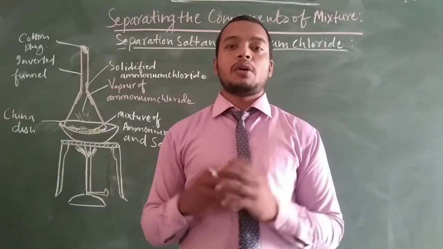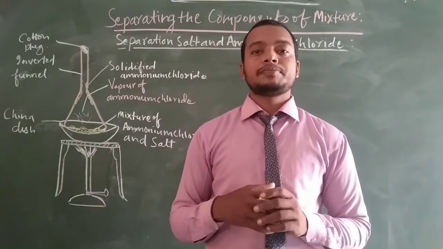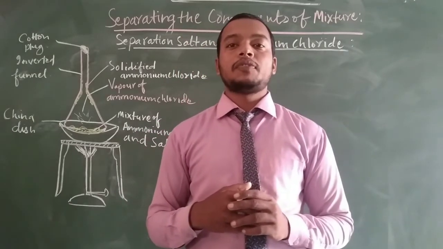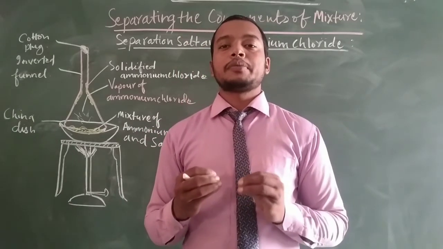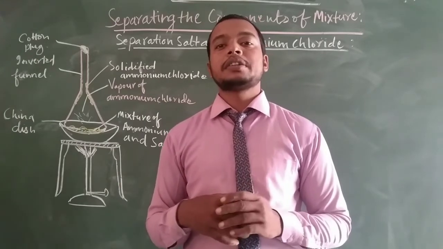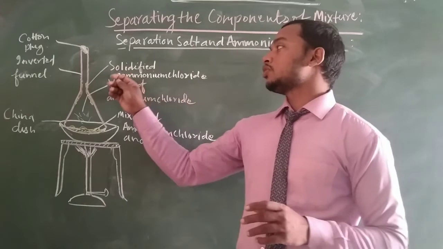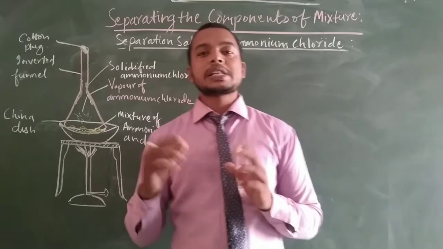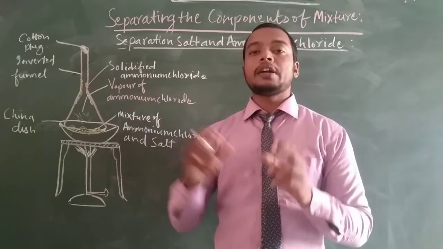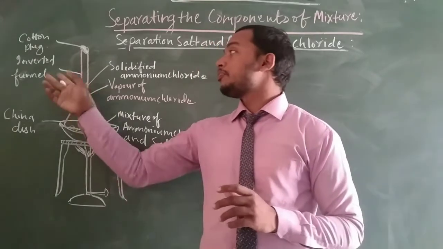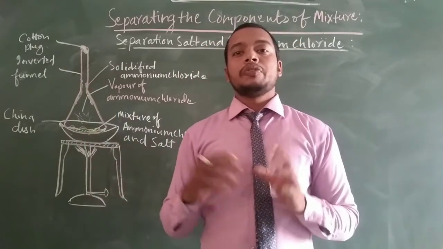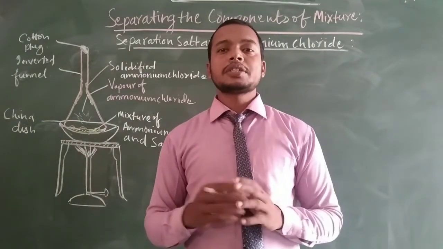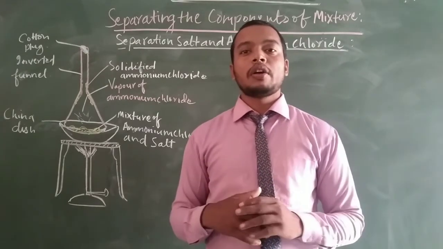After heating, some vapor starts rising into the inverted funnel, and after some time on the neck of the inverted funnel, some solidified material aggregates here, and this material is ammonium chloride, which I am pointing at here. After some time, we have got the maximum amount of solidified ammonium chloride aggregated on the neck region of the inverted funnel. Hence, we found our ammonium chloride through the process of sublimation. In this way, we separate the impurities or salt from the ammonium chloride.